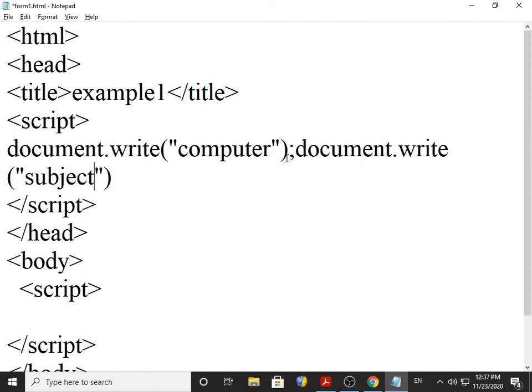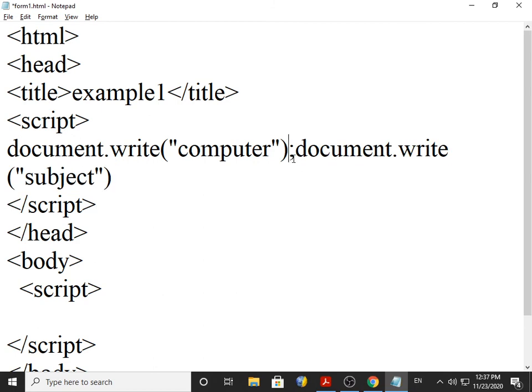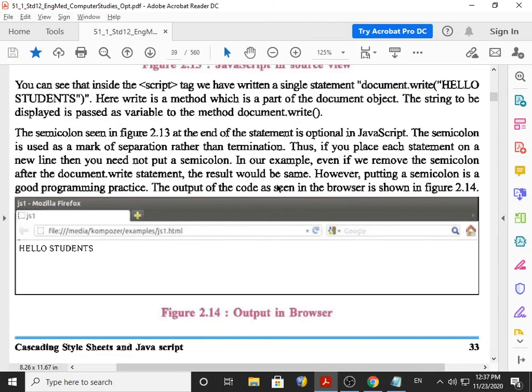So the semicolon is used as a separator. It is not considered the ending of a statement. Please be careful. Thus, if you place each statement on a new line, then you need not put a semicolon.